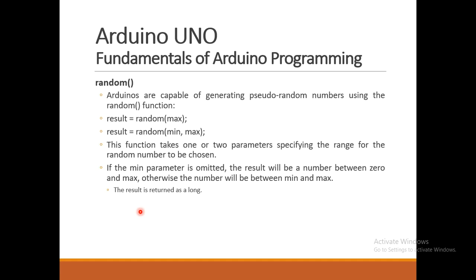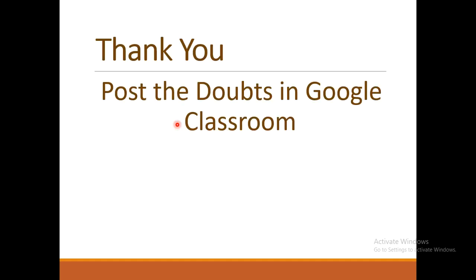So random is used for getting random numbers. There is a predefined function that generates pseudo random numbers. There are two formats. The first one takes only a maximum value. My first parameter is max, which is the maximum value of the random number, so it takes from 0 to that number. Otherwise, if you want to generate values between two ranges, you have to pass min and max, the minimum value to the maximum value. For example, if you want to generate a number from 1 to 10, you give min as 1 and max as 10. Like that you have to use random numbers.